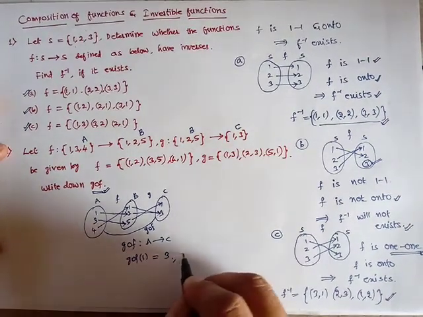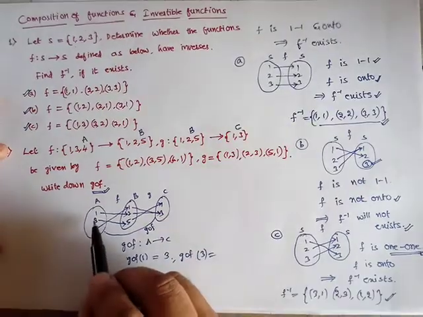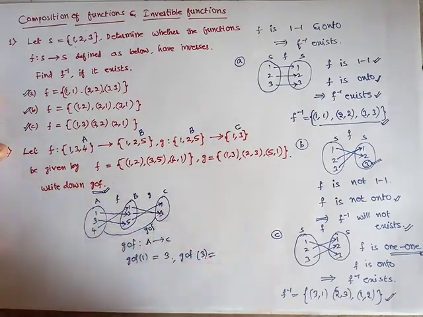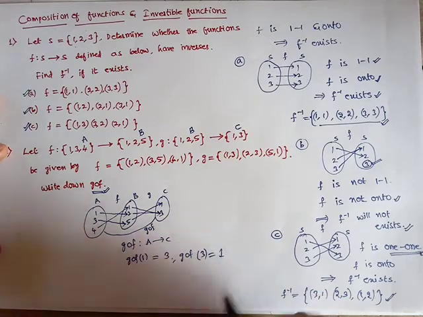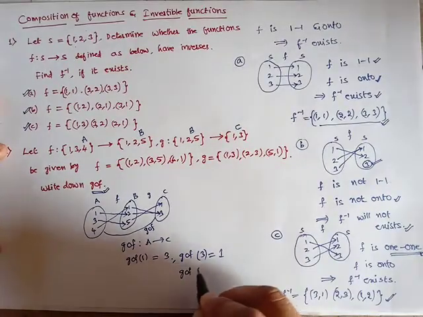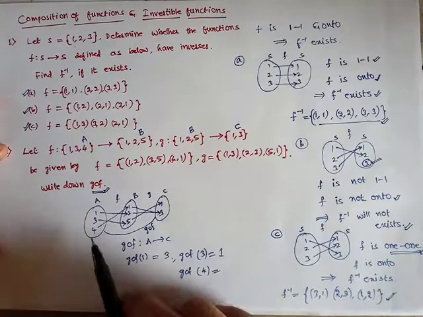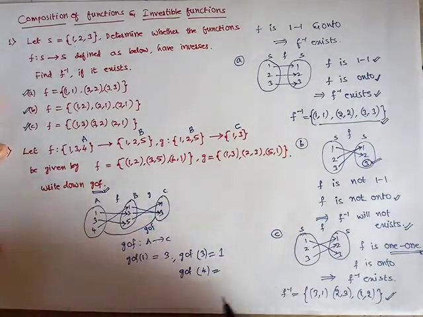And g circle f of 3: 3 is going to 5, 5 is going to 1, so g circle f of 3 is equal to 1. And one more, g circle f of 4: 4 is going to 1, 1 is going to 3,